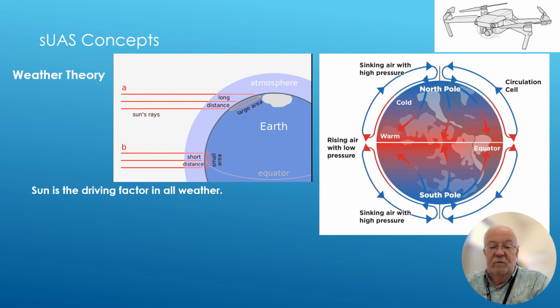And this is a review somewhat, but these are basic things that we learned earlier. The Sun is the ultimate driving factor of all weather and associated patterns and phenomena. Due to the Earth's curvature and geography, the sun heats the Earth unevenly, right? That's why there's a North Pole and it's got ice, and then we have the equator where we're sweating profusely.